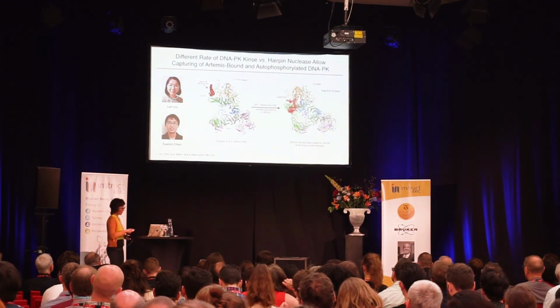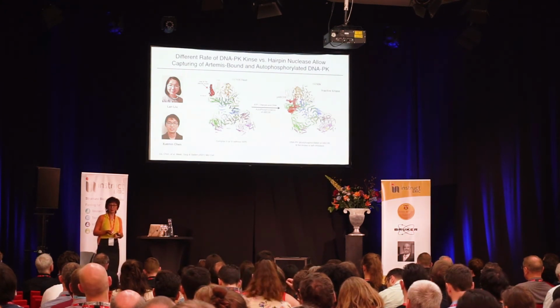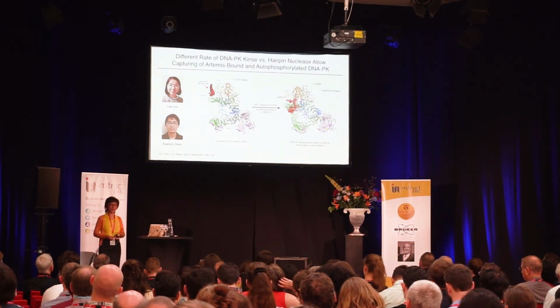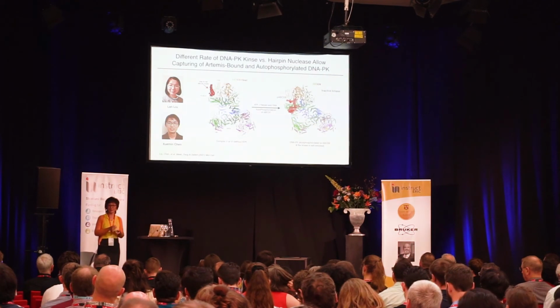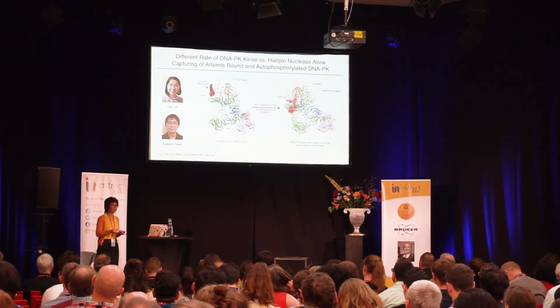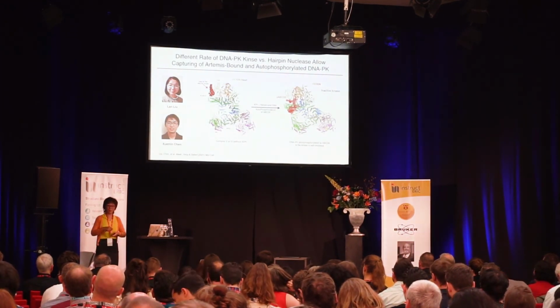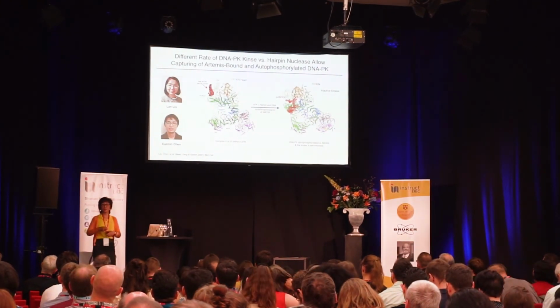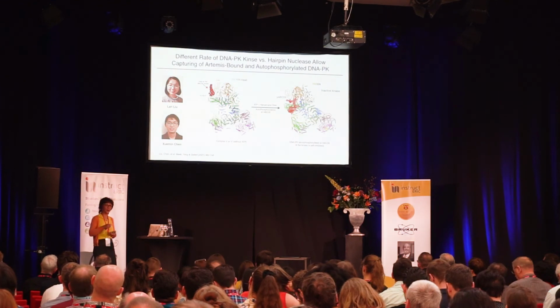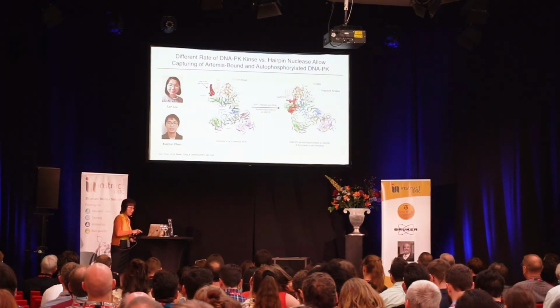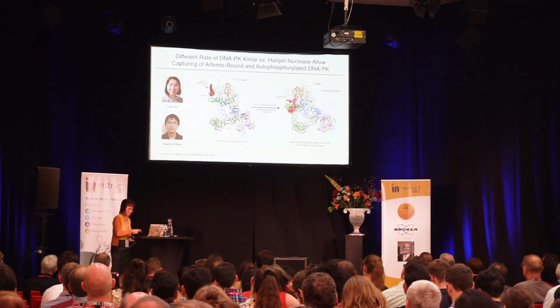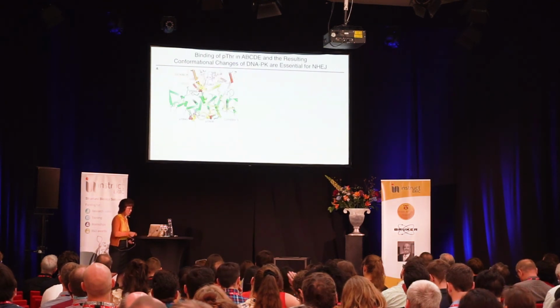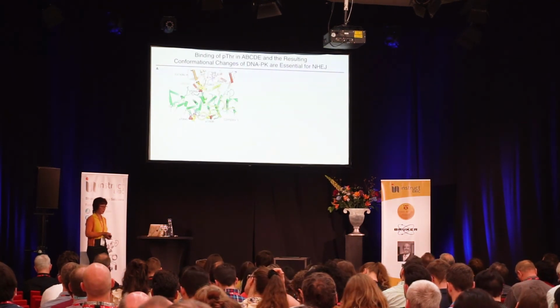Because of the big time difference, we did the ATP incubation. Without Artemis, we do one minute at most manually. We can freeze the grids, and then we can trap the phosphorylation state. With Artemis, the life is much longer. At 4 minutes, 8 minutes, 10 minutes, we can all get the autophosphorylated form, yet Artemis hasn't cut the DNA. So I will just show you that we had a structure of the